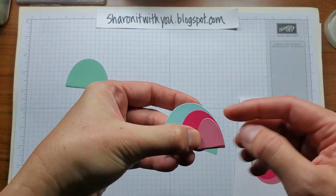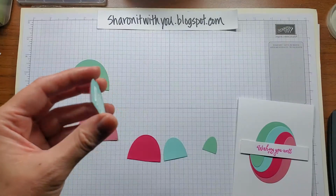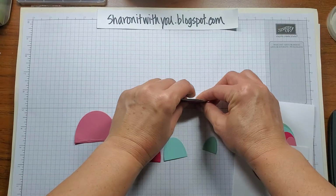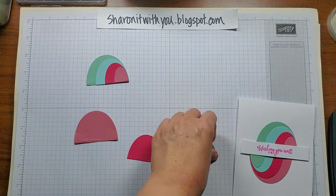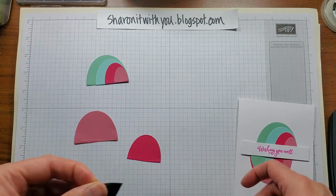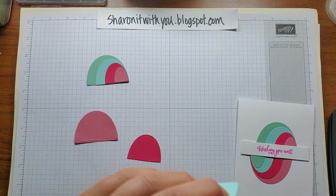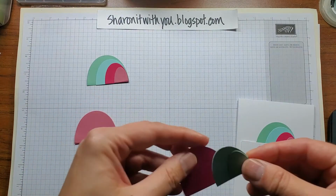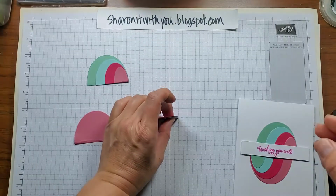I like using the glue because it gives you a little more freedom in terms of moving them around until the glue actually dries. So I'll do it again here, match the corner, match the bottom, and this is what you get. Okay, so we'll repeat that with the opposite colors, and you want to do it the same way. So if you match the right side, do the right side again on this one, corner, bottom, because that way you'll get that lovely wave that you want to achieve when you put it all together. So corner, the bottom,